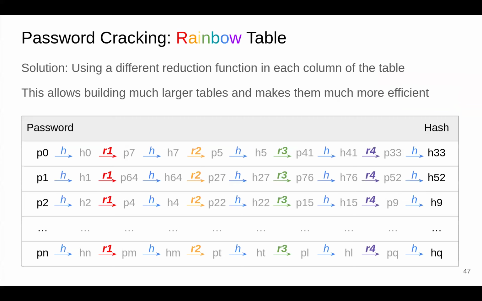So the way you give numbers to each, like 0 and 7, is it arbitrary? From here to here, you mean? Like why don't you just go from 0 to 1? Well, these are just random numbers for me. Right? It's just the reduction function that turns, like you hash P0, you get a hash, then you take the resulting hash and turn this into a password, and it becomes a random password. But I cannot do all P question marks, right? So I had to give them some numbers.